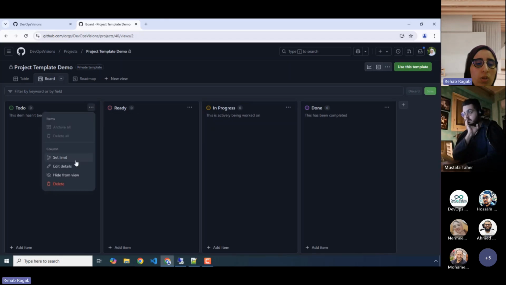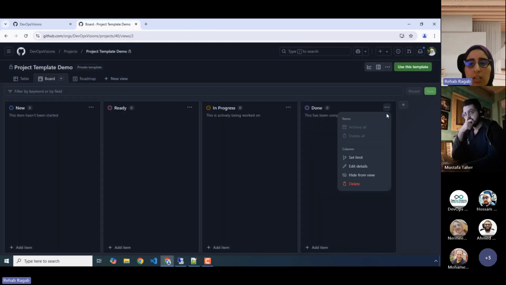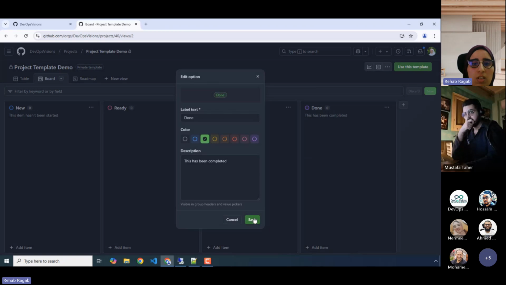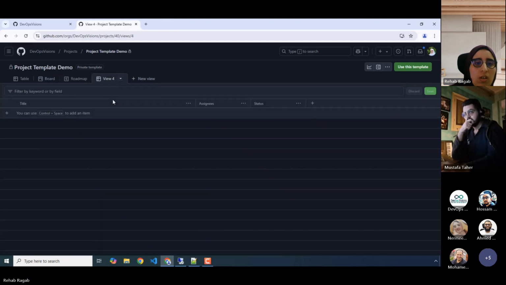You can also customize the already existing columns. Let's rename this to new, change the color, and also for done, let's change it to green. Let's create a new view as well, of type table.